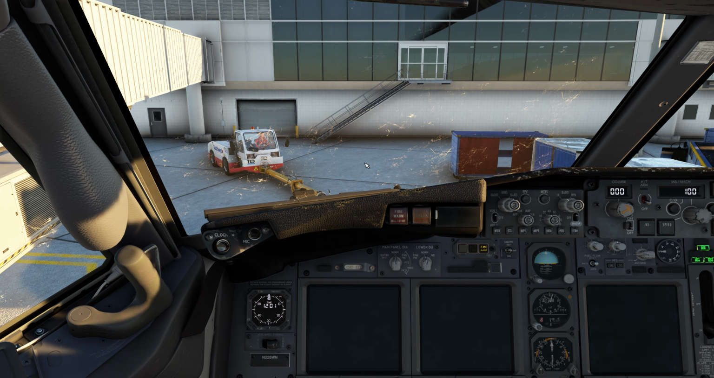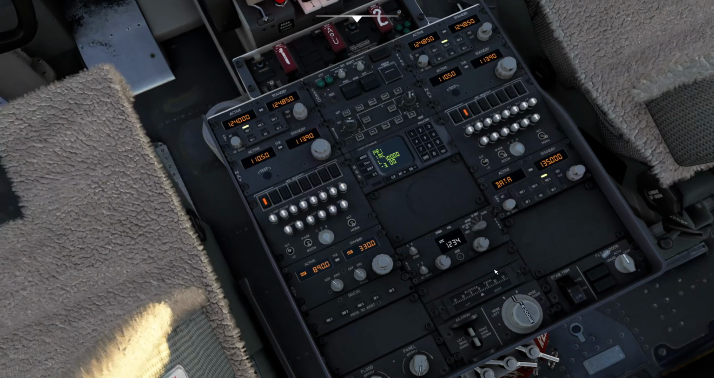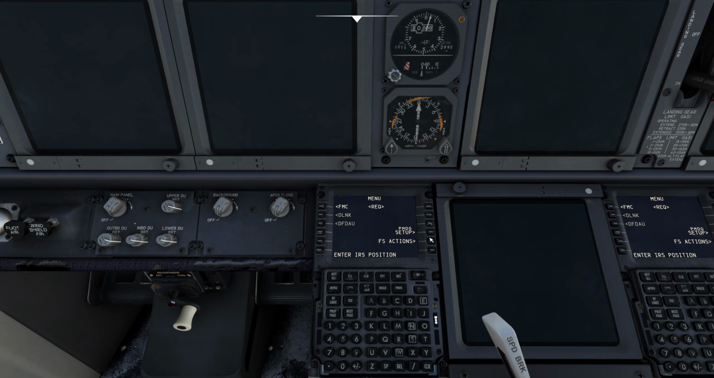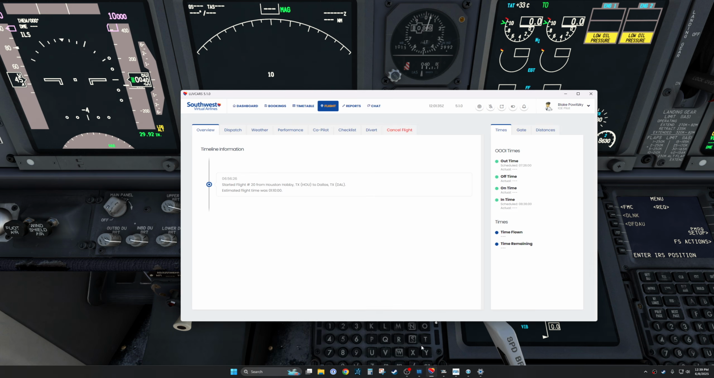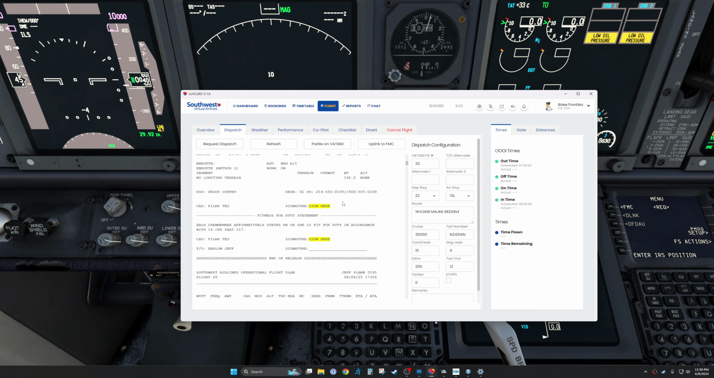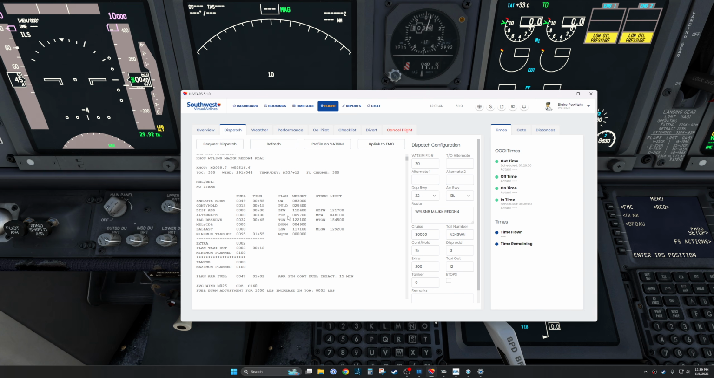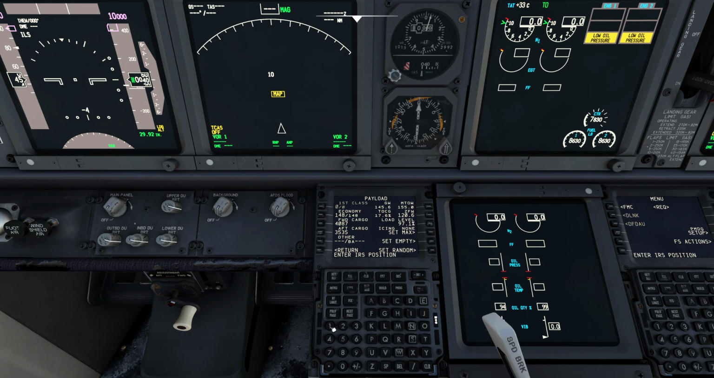The GSX add-on is a really great add-on for that, but if you don't have it, it's really easy to do. You can just go down into your FMC, go to FS Actions, go to Payload, and right here where it says zero fuel weight, it's currently set to 120.6. If we go back and look at our flight plan on Lido, we had a zero fuel weight of 112.4. So what I could do is literally just put in 112.4 just like that,